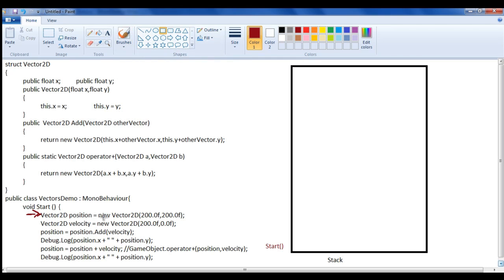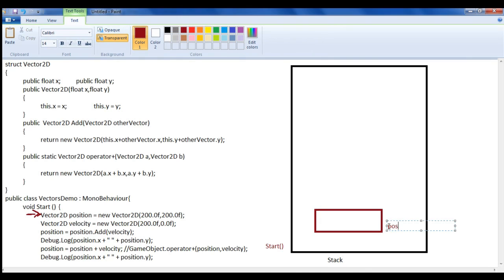The right hand side is going to create a new vector 2D and return a copy, which is going to have the x value 200, y value 200, and those 200s will be copied so that position.x is going to become 200, position.y is going to become 200. That means on top of the stack we will have a memory location with the name position, P-O-S-I-T-I-O-N, position.